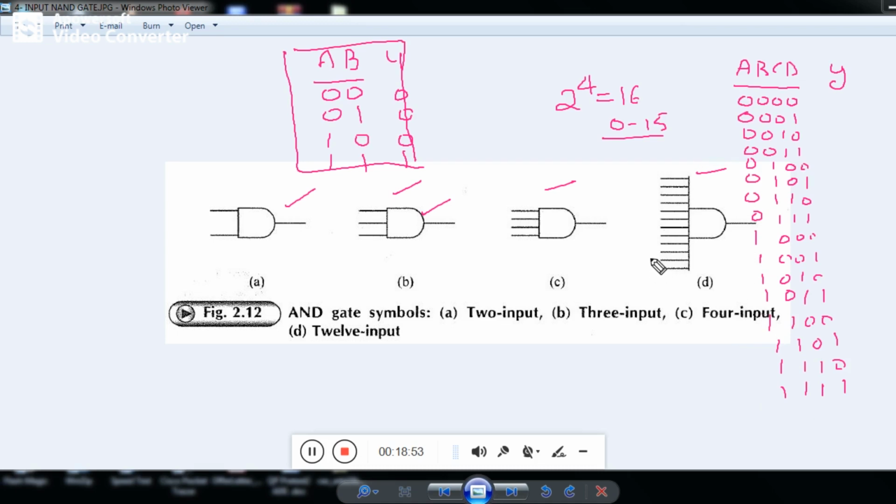Similarly, you think now the magnitude of the truth table of the larger AND gate. How many combinations you will get? You think here how many inputs are there? 1, 2, 3, 4, 5, 6, 7, 8, 9, 10, 11, 12. It is not 8, it is 12. So 2 raised to power 12. You calculate, and so many combinations will be there in the truth table. Now output is very simple. You know AND gate, right? All the combinations are 0 except the last one is 1. Clear?